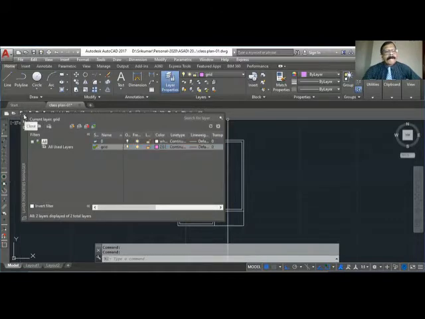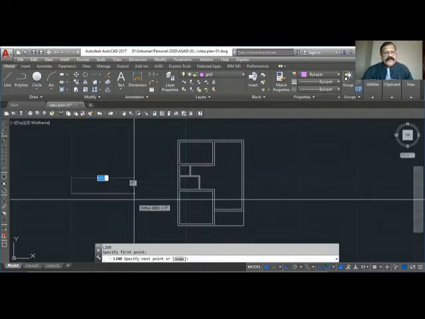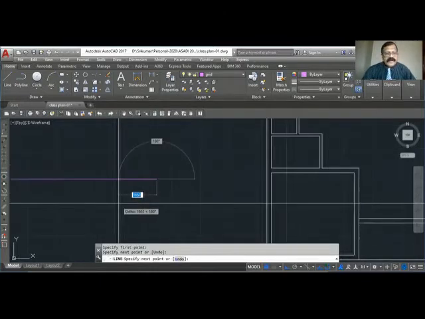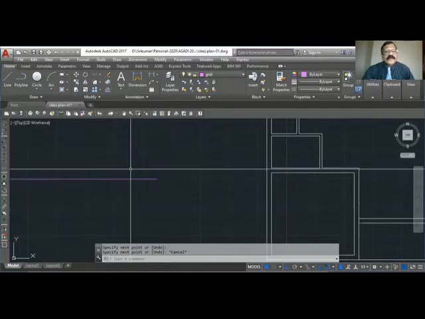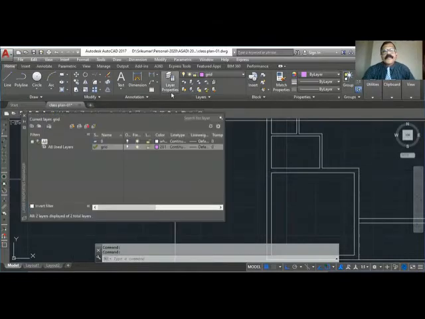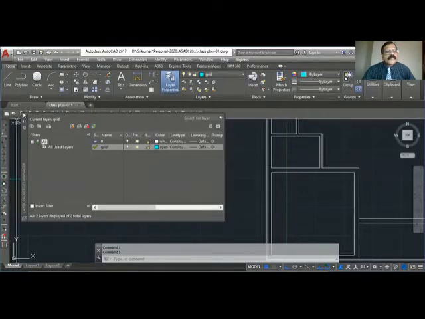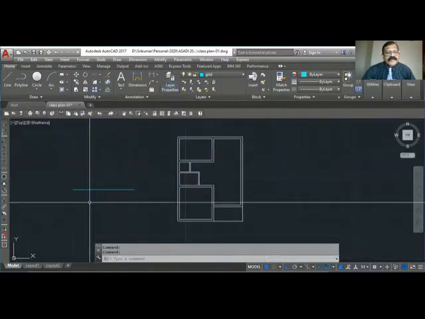Okay. Now if I draw a line, you can see the color is different now. If you want to change the color again, you can go back to layer. Let us create another color. I'll say cyan color. You can see that the cyan line has come.